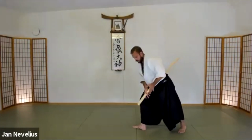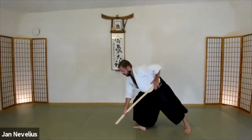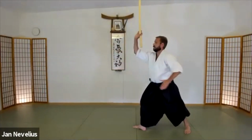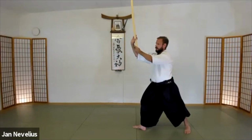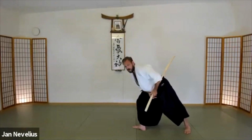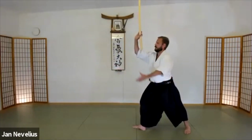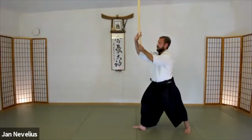And we lean forward, quite deep position. Stretch and open. Grabbing with the left hand. So we lean forward, quite big, pulling out, and come up here. Now we grab with the left hand. From this position,